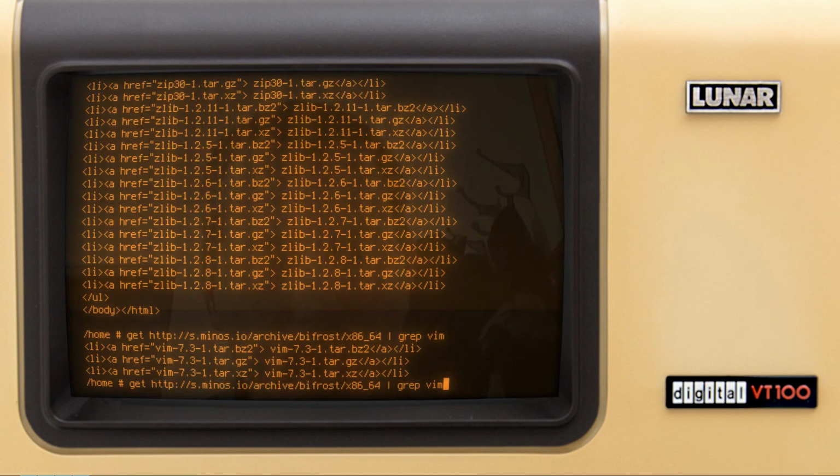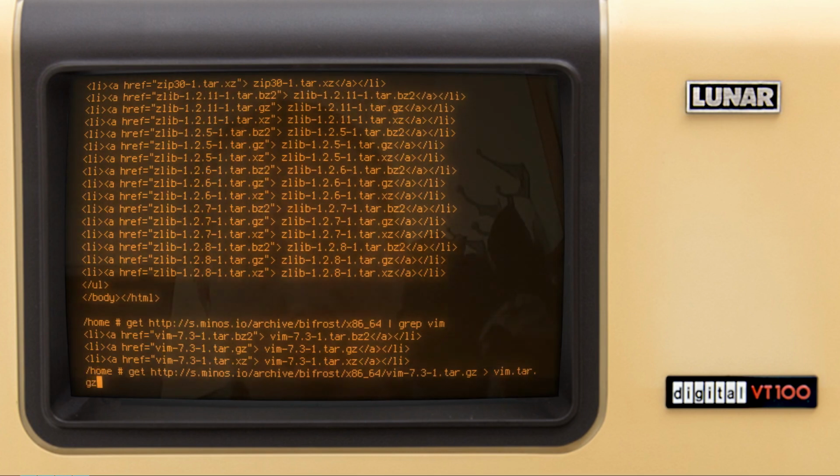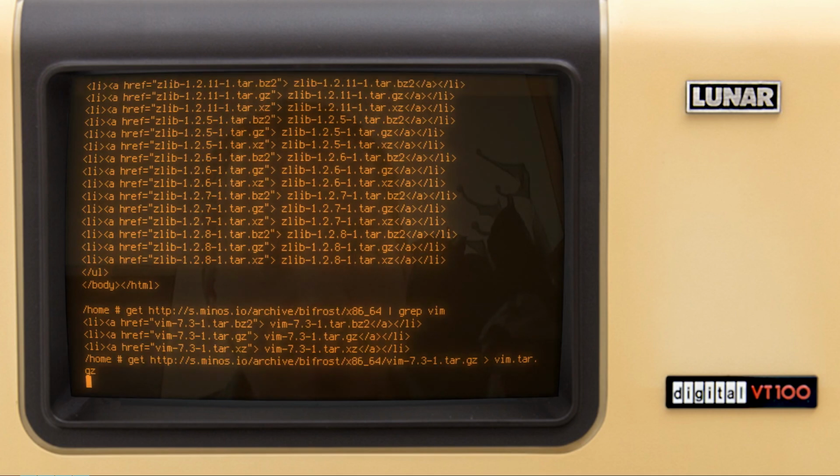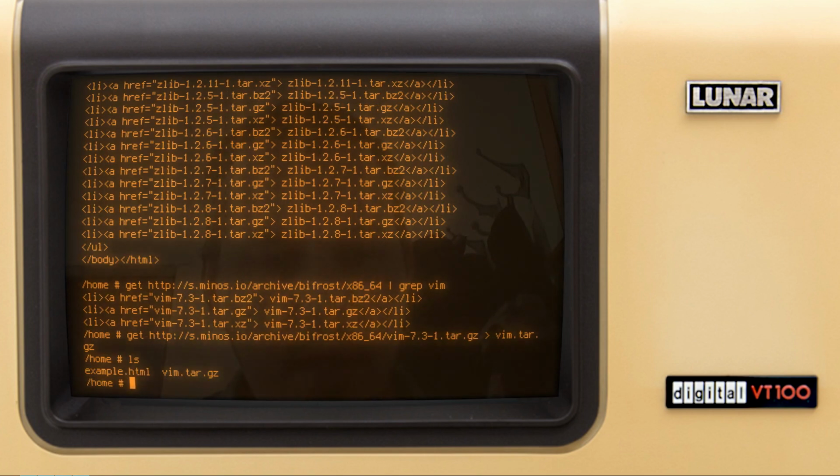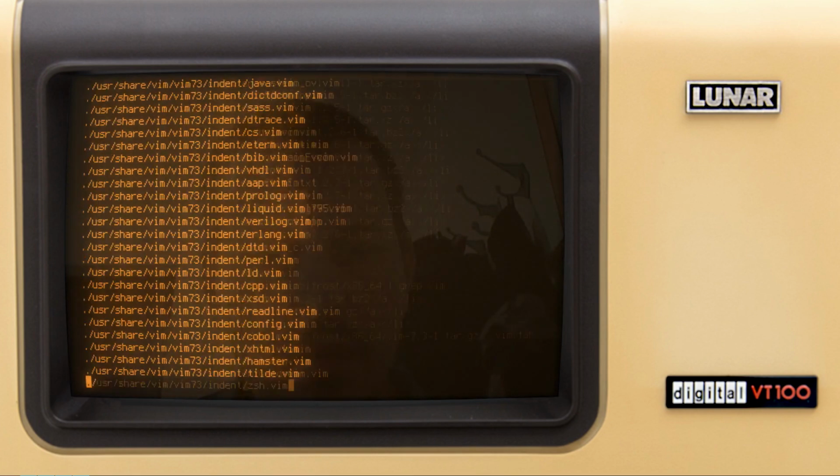So for instance, I want to use this Vim tar.gz 64. So I can say Vim-7.3-1.tar.gz. And I want to save it, to download this to the file called vim.tar.gz. Okay, and it downloads. Okay, so now we got our Vim here. So now I can do tar -xvf and Vim, and it